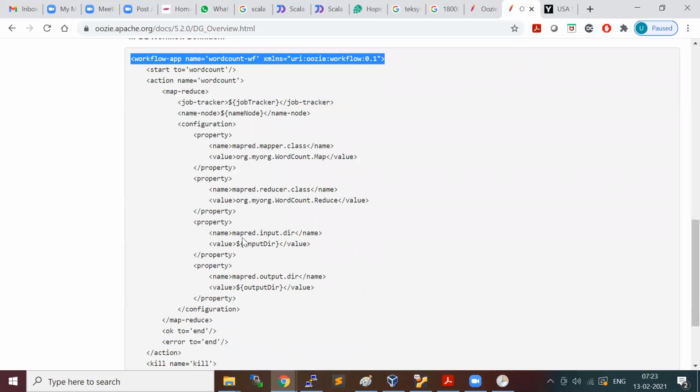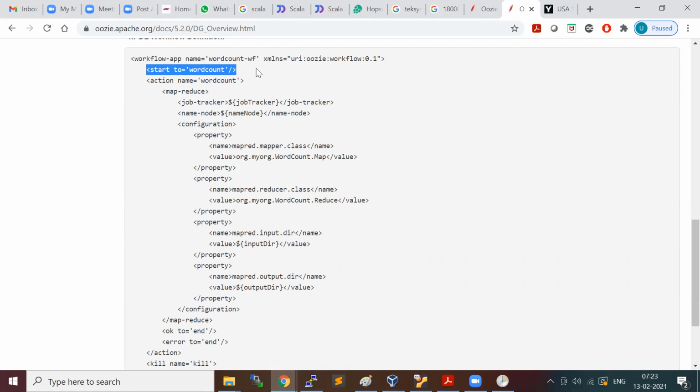In the workflow, you need to have a first tag as the workflow app tag, followed by the start tag. The start tag specifies which action we need to start first, because a workflow can have any number of actions.